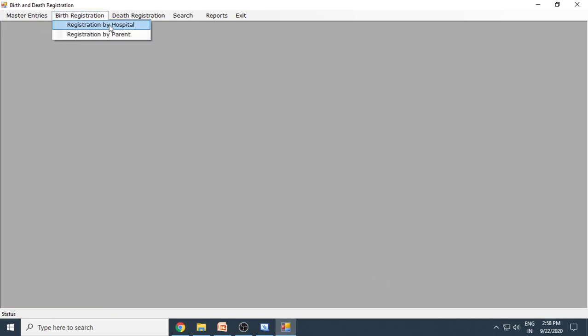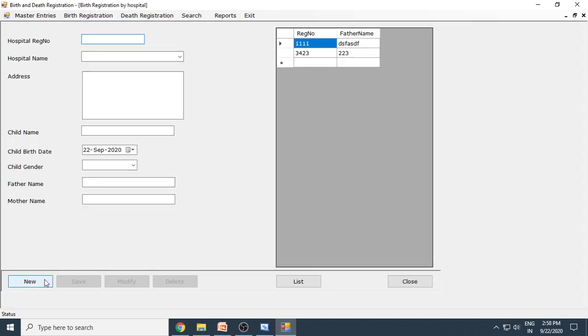Then birth registration by hospital. So if the hospital is registering, we can straight away register and get the certificate from the hospital. Let's say 1112, hospital name. So these are the parties, so the address will come. Child name, so what is the name of the child?